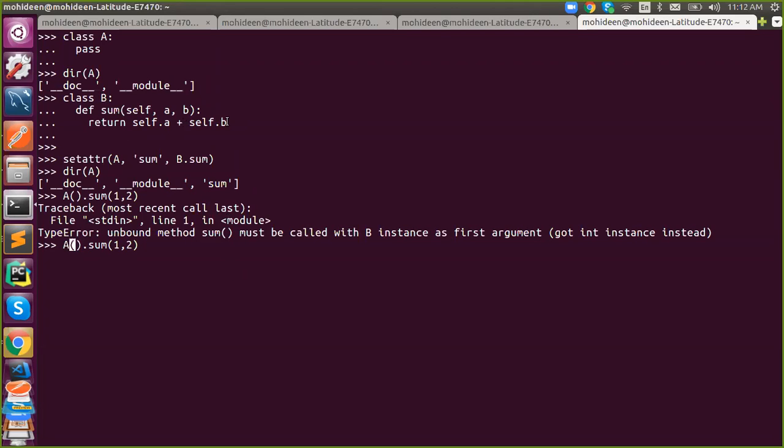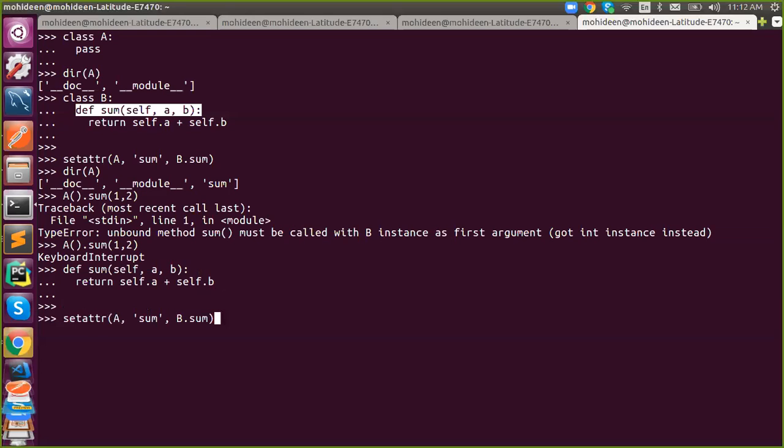So probably what to do is keep it outside and add it into it. Sum is yours, and say sum. Got it? So let's say D here. You will find that d.sum.